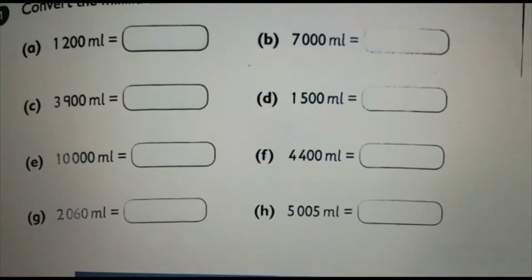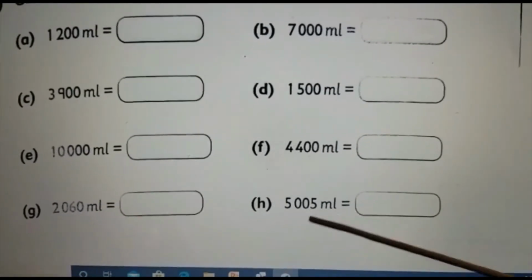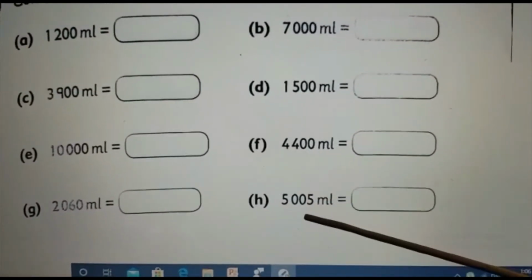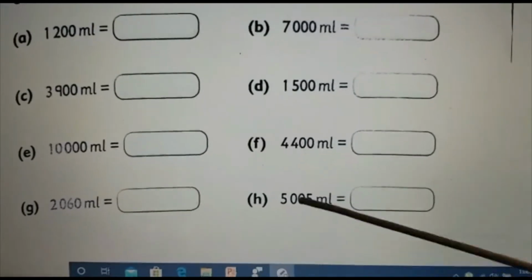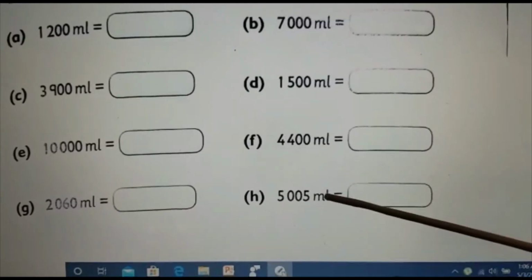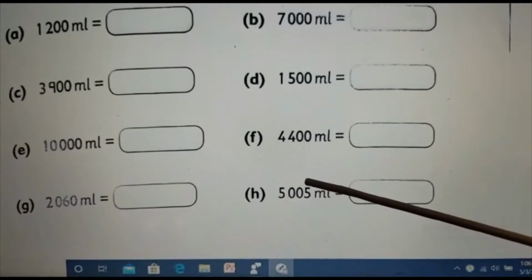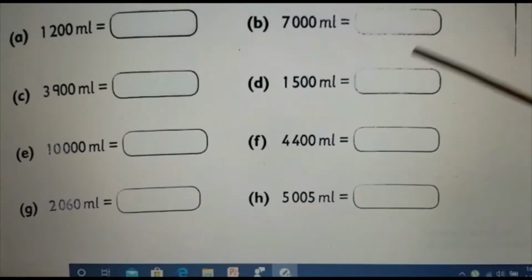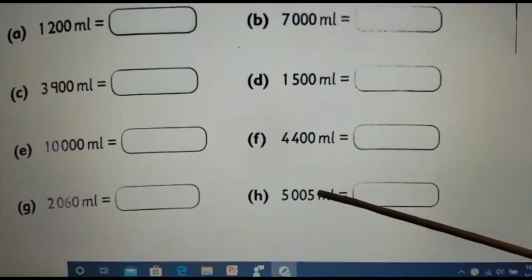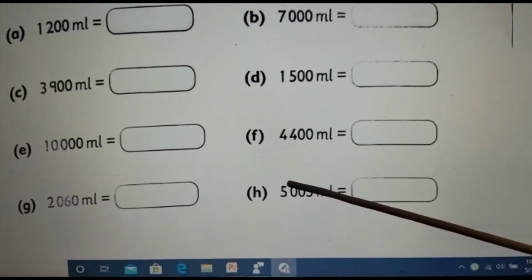Okay. So next one, and see this one. All the same only. 5005 milliliter divided by 1000. So no cancellation is possible here because there is no zero in the last place. So I cannot cancel. So I know there are 3 zeros in the denominator. That is 5005 divided by 1000. So from here, 5005 is the same as 5005.0 because it is the same. So nothing is there means actually the decimal is in the last place. So from here we need to move 3 places. 1, 2, 3.